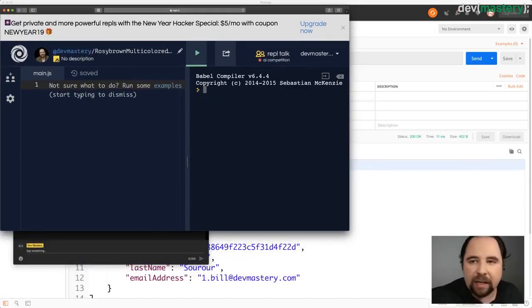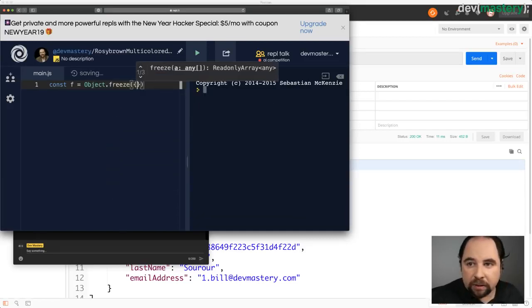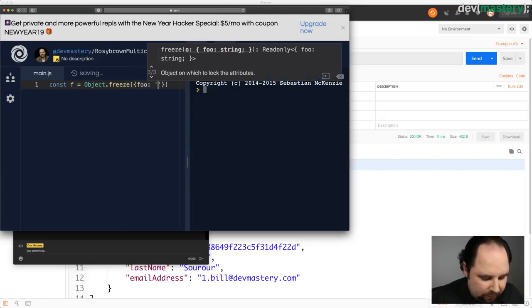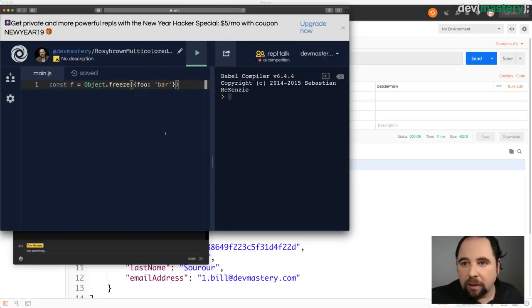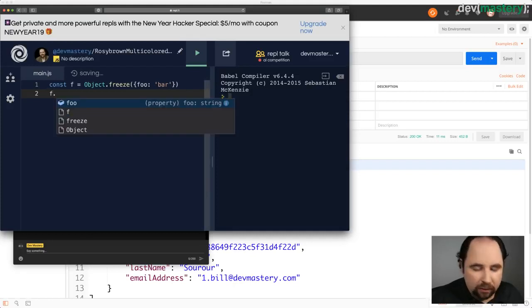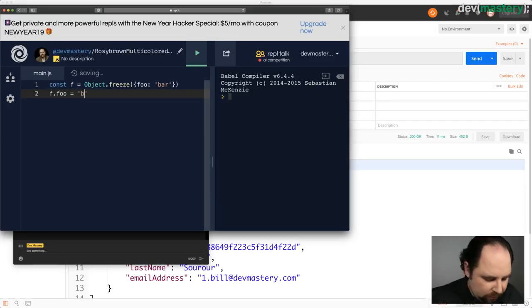All right, so let's make an object. f equals Object.freeze. Sorry for the foobarring, but I'm old school. I come from the world where we called everything foobar. Okay, so f is now a frozen object. If I try to go f.foo equals baz, and do that,